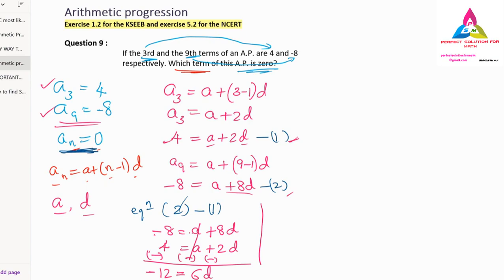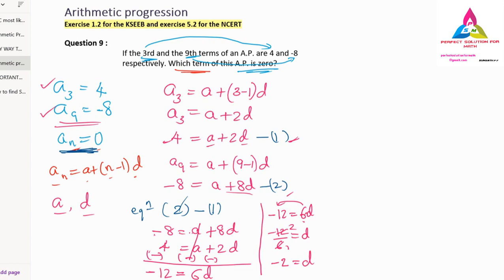So d is equal to... here you can see what we have over here, that is minus 12. So write down minus 12, that is equal to 6d. We have to keep the unknown, d, over here, and 6 we have to shift to this side. In between is multiplication, so minus 12 divided by 6. 6 1s are 6, 6 2s are 12, so minus 2 is the d value. Remember, this is your d value.